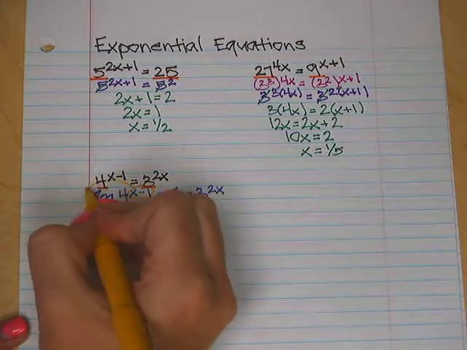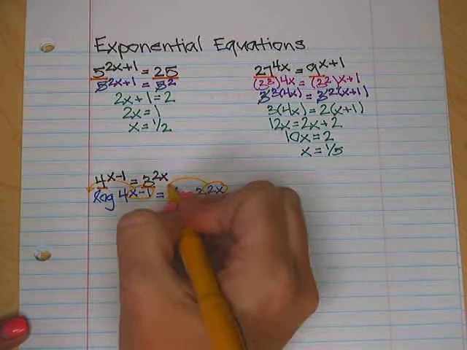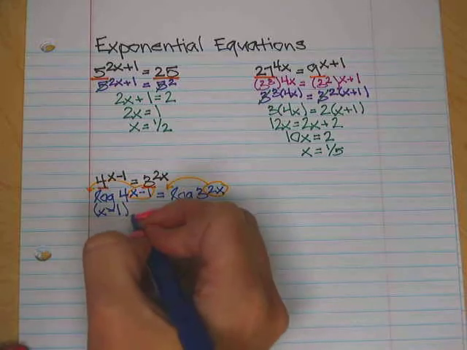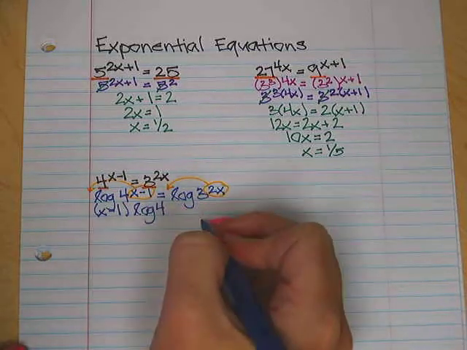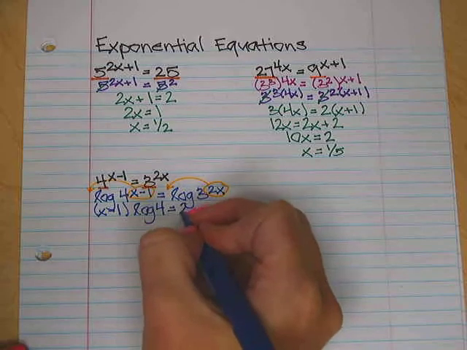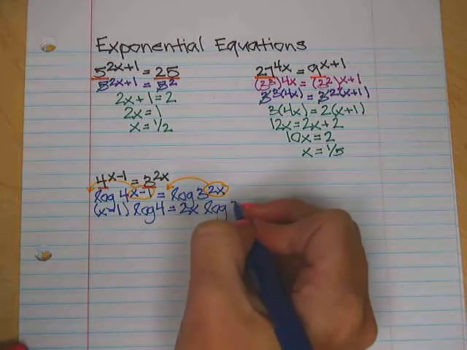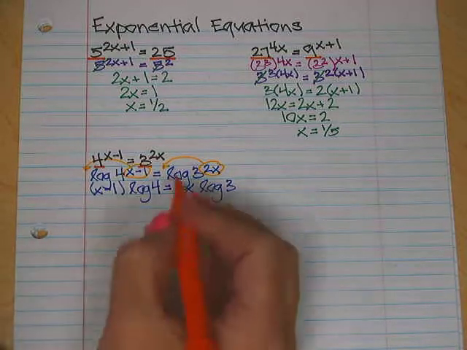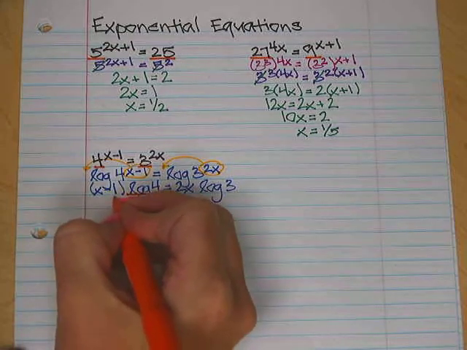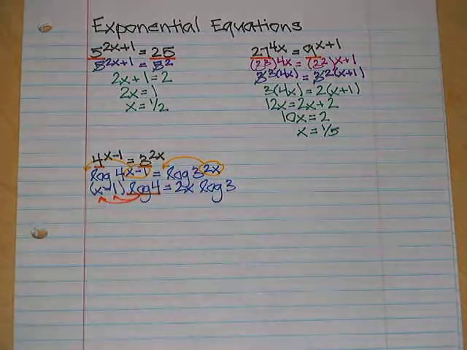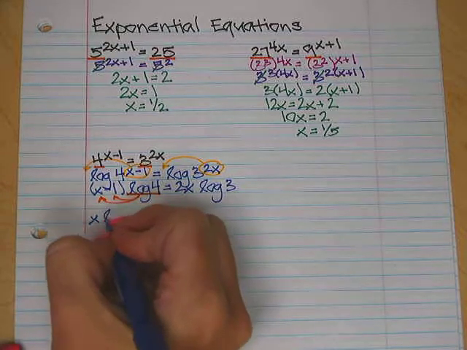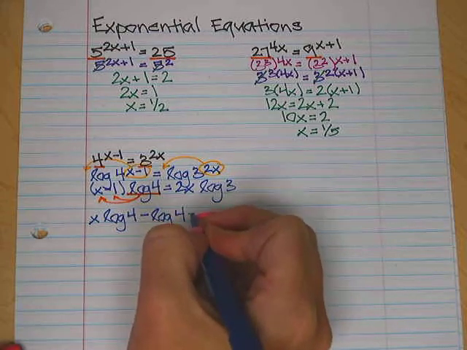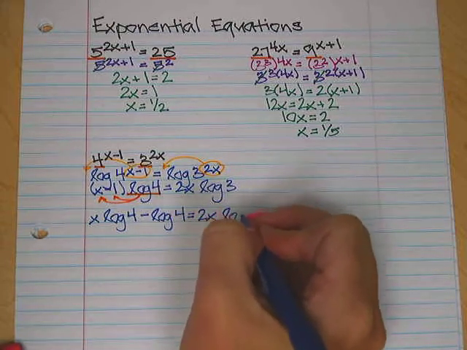Now I'm going to use my properties of logarithms, and remember we take an exponent and move it out front. That's one of our logarithm properties. So this will become (x minus 1) times log 4, be sure to use parentheses, equals 2x log 3. And then what we need to do is distribute this log 4 to both the -1 and the x. So x log 4 minus log 4